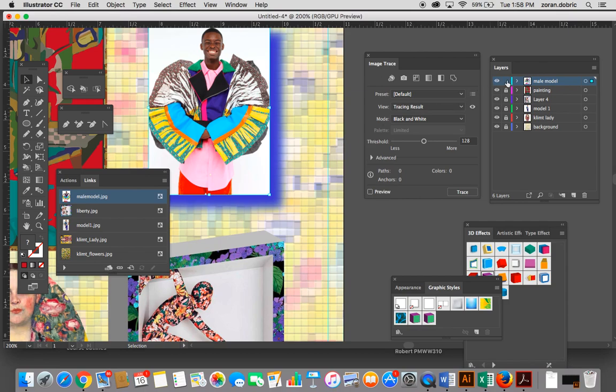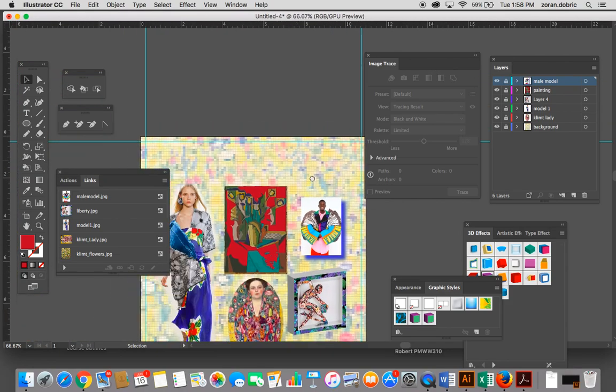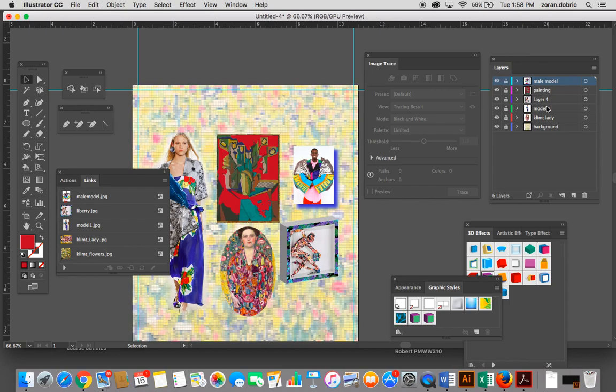So now I'm going to be locking this layer. Next, we're going to look at the title. So for the title, we will create a new layer. So here's a new layer. I'm going to call it Title. And then I will just click once in order to add one line of text. So it's going to say Floral Fever. I'm going to just zoom in,